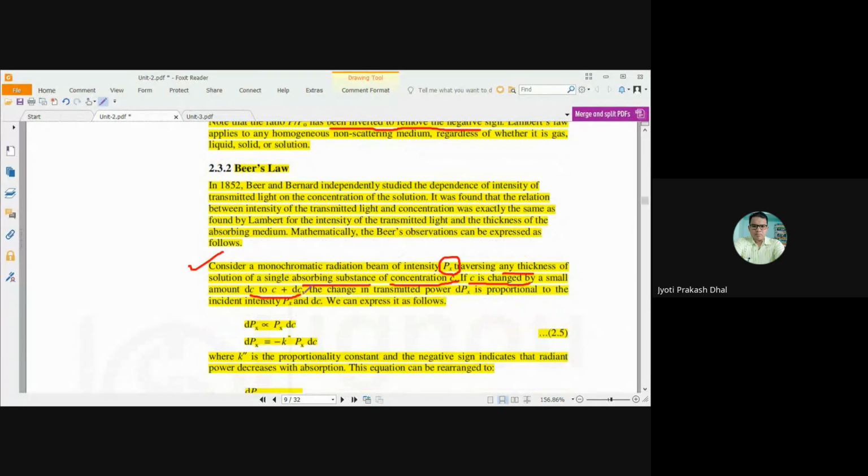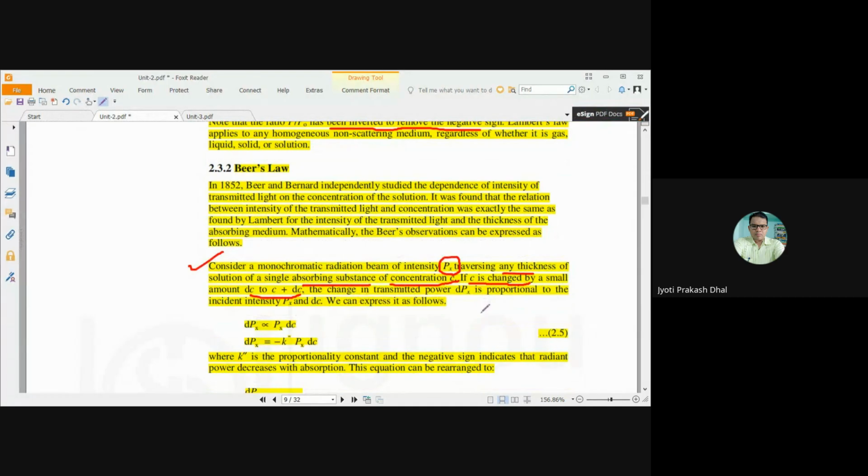There should be a single absorbing substance, and its concentration should be C. If the concentration changes by a small amount dC, from C to C plus dC, then the change in transmitting power